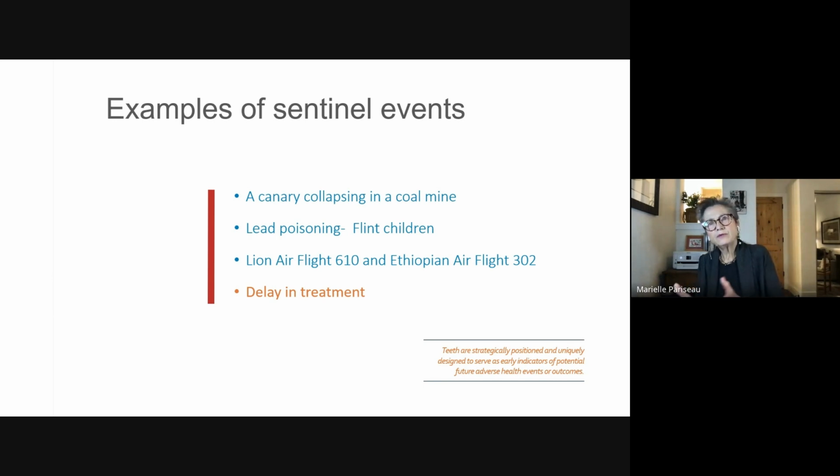Now, if we draw parallels between that action and what happens today in dentistry, what we do to teeth is the equivalent of the miners giving oxygen to the canary. The sealants, the fluoride, the fillings, this is like giving oxygen to the canary. But what would be the equivalent of the miners exiting the mine? This is what we need to figure out if we want to move forward from tooth decay to caries as